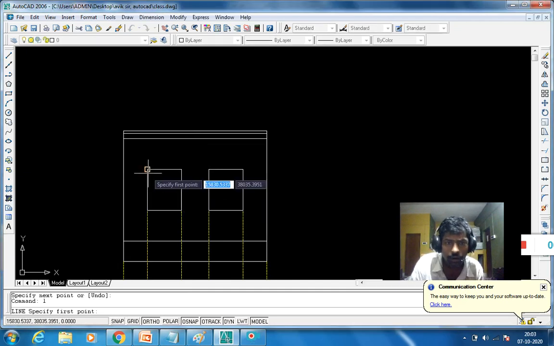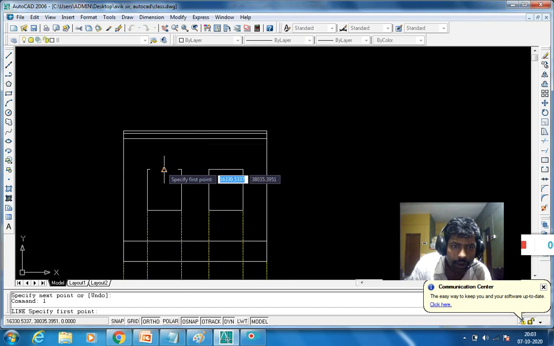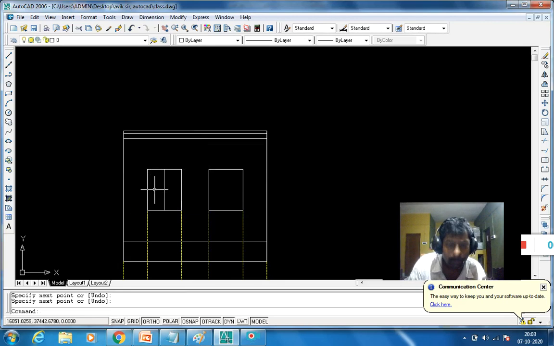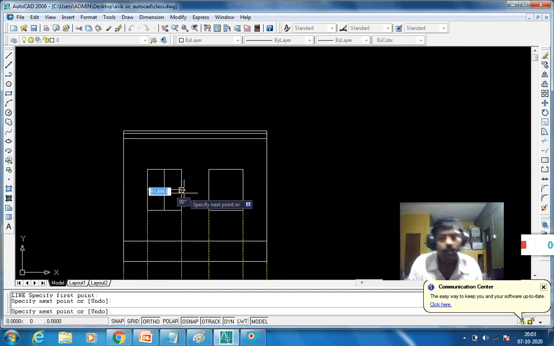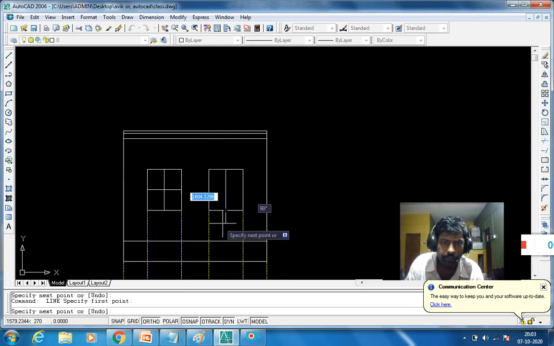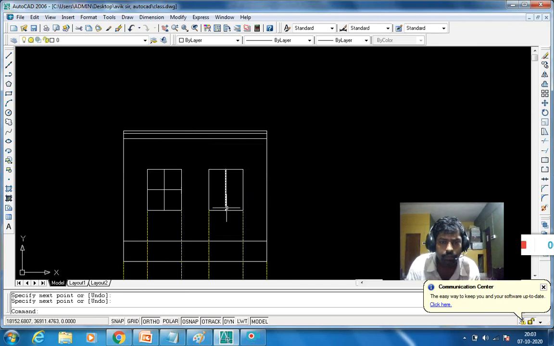Use the L command. So glass panels are used, so I draw the symbol of glass panel. L, enter, middle, again use the line command. Again press spacebar.